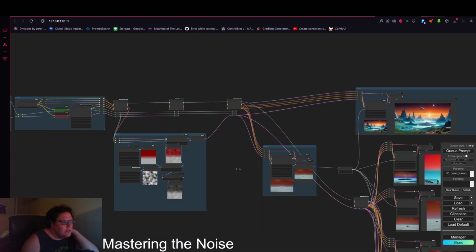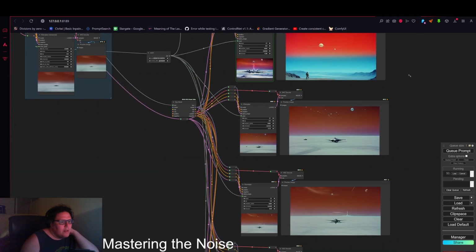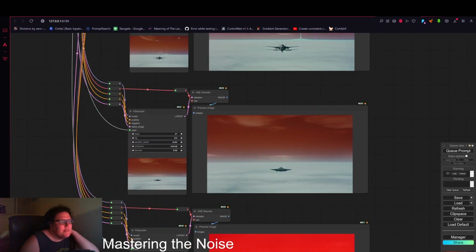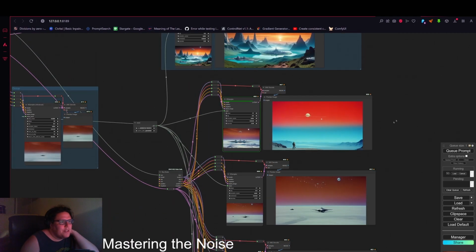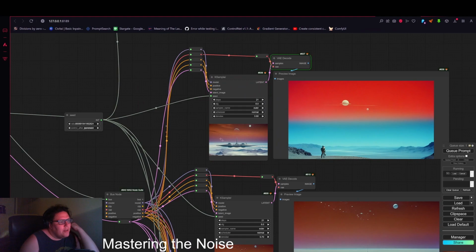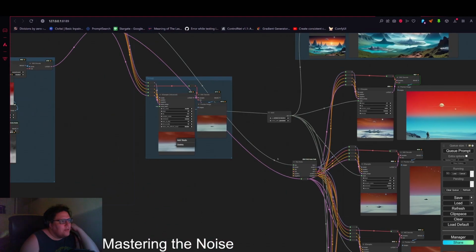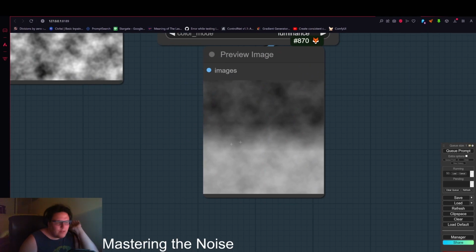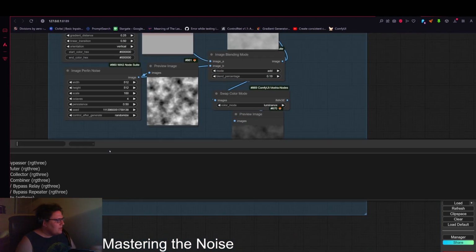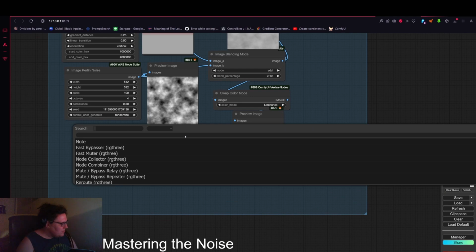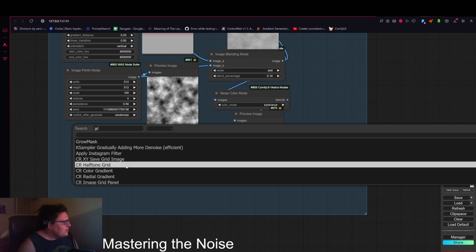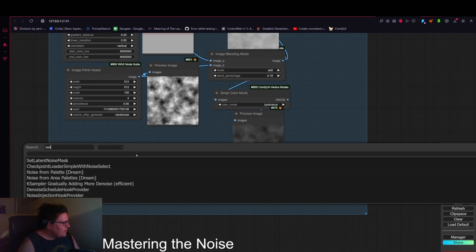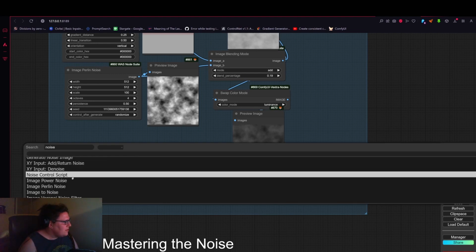If we go over here, now obviously you can experiment with this stuff to your heart's content to see how these things affect images. You can do all kinds of stuff with this. Anything which can add or change colors in here is awesome. There's one more note I'll show you before we go to add a